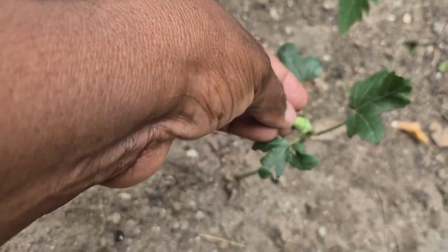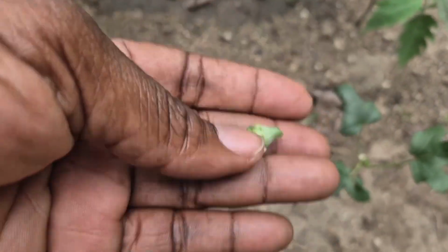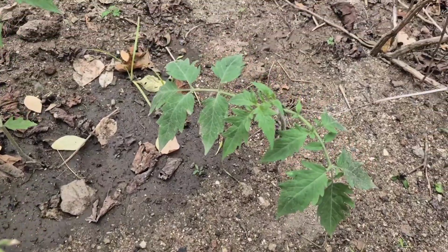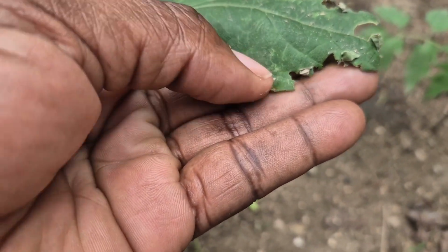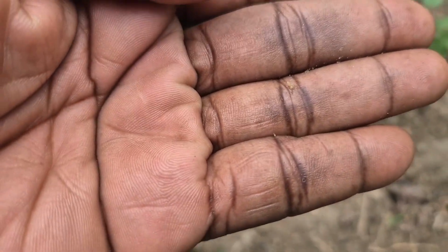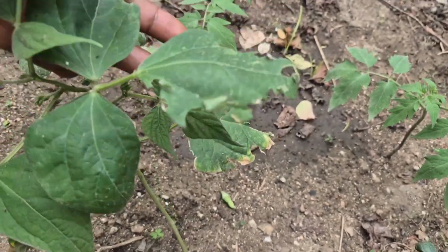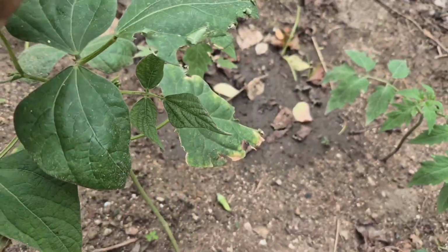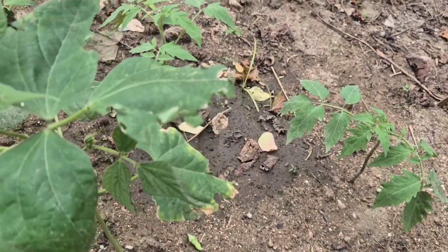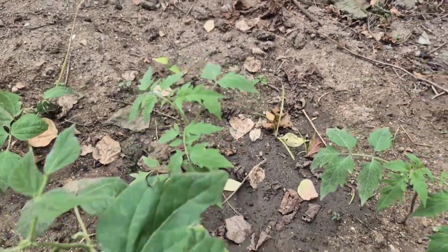Well, there's a baby okra, but I feel this plant is a bit too small to bring forth the okra, so I just pinch it off. Tomato here, bean, and the beans, when you see them roll over like that, let me see if there's one. No, there's most of the time a worm, but I try to check them often enough so that the worm doesn't stay and eat the plant. So there I don't see any. Another tomato,